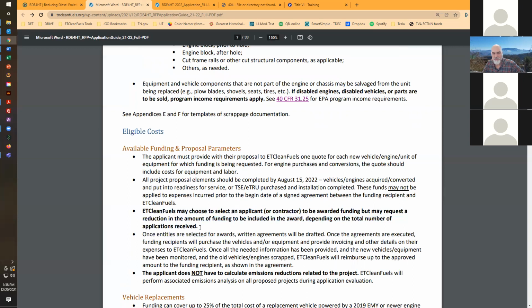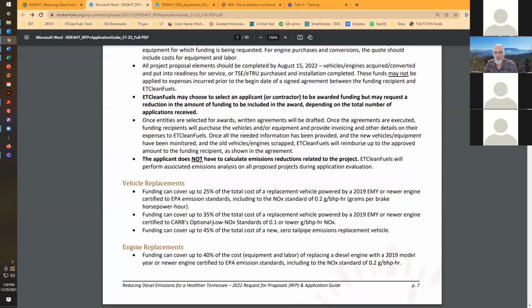EPA, East Tennessee Clean Fuels may choose to select an applicant to be awarded funding, but may request a reduction in the amount of funding to be included in the award depending on the total number of applicants received. So here's what we tell most of our applicants. As we noted earlier, we have about $310,000 available this year. What we do is suggest that applicants propose for the maximum they can, which we're going to cover in just a second right here, but understand that we would like to get as much emissions reductions out of this funding